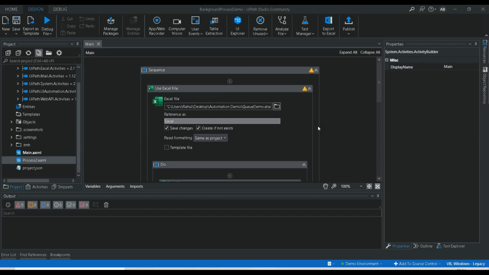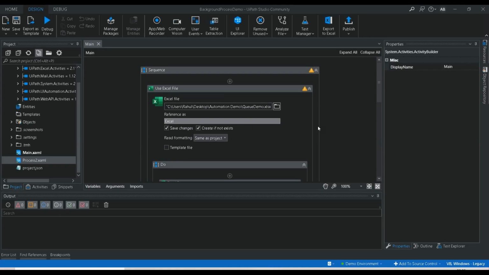Okay, so if you haven't watched the video of the background process automation in UiPath, please go through our UiPath playlist and watch that video, because in that video I have shown you how to create the background process in UiPath. We uploaded two processes to Orchestrator, created the process and triggered two background processes at the same time, and we have seen that multiple background processes can be executed using the same bot at the same time.